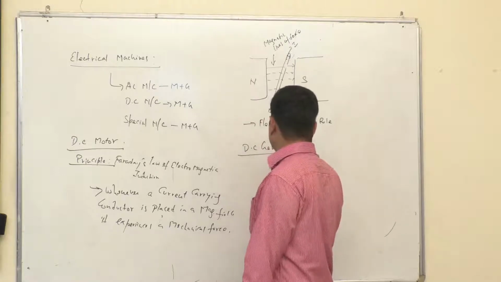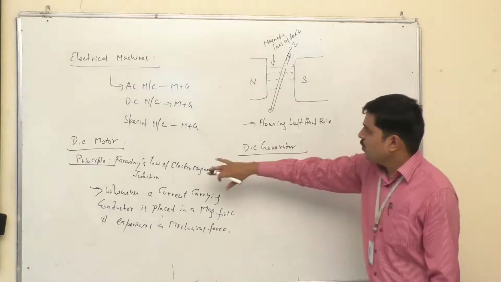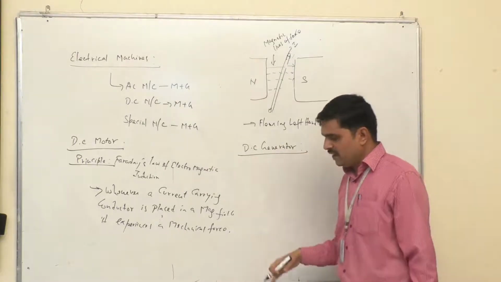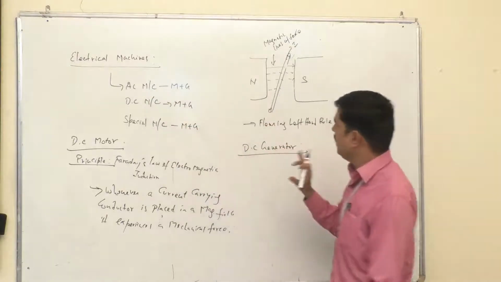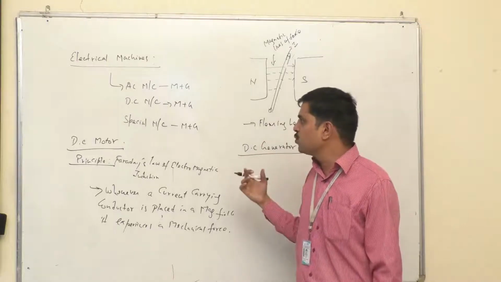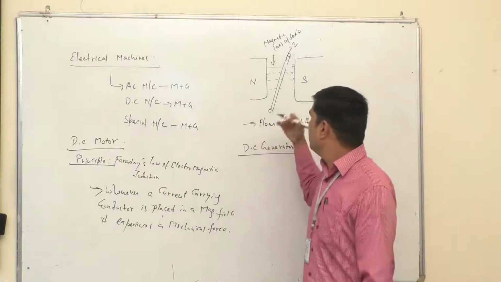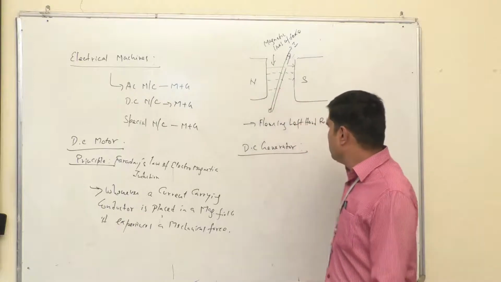Then we'll see about what is a DC circuit. So DC motor. Actually, we also have an AC motor; we are discussing it here. The only difference is that there is a commutator. The commutator is used to convert AC into DC. In the AC motor, there is no commutator, so we get only AC. It is running on AC.